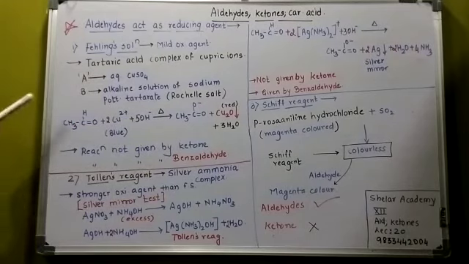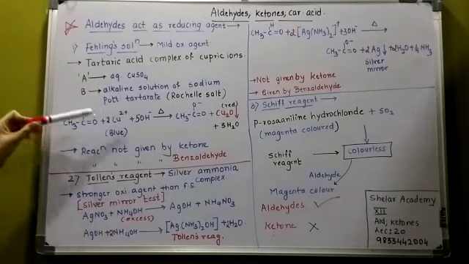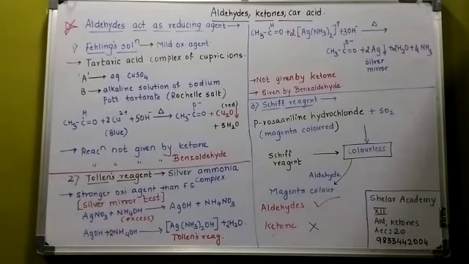And then an aldehyde reacts with it. See, you can see the change. The blue color is converted to a red colored precipitate. What is the charge on Cu2O? It is +1. So Cu2+ is converted to Cu+. That is cuprous oxide. Cupric is converted to cuprous. Blue is converted to red. You can balance the reaction well. And so that is Fehling's solution.